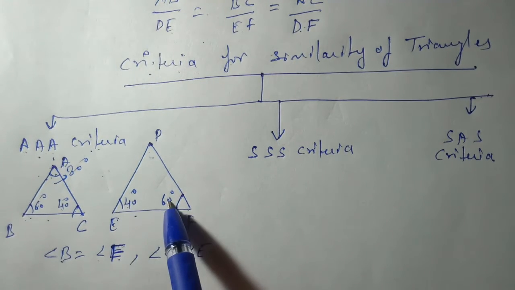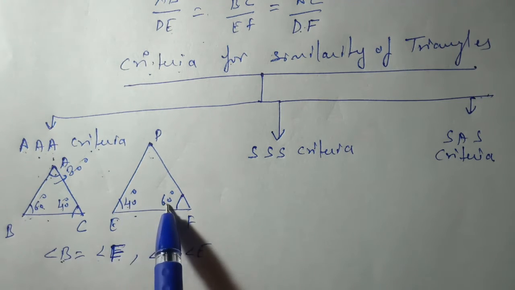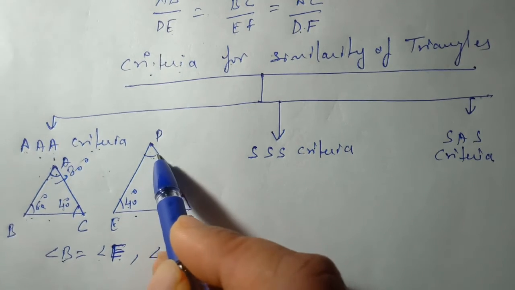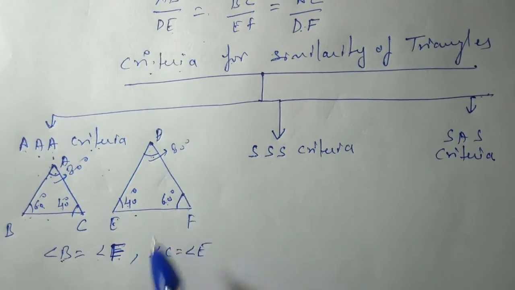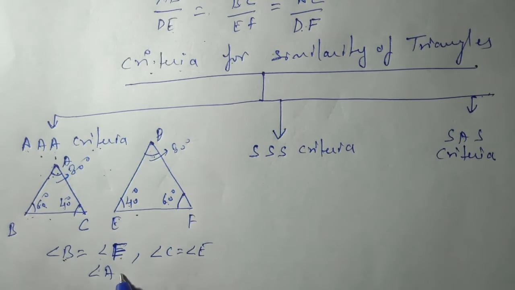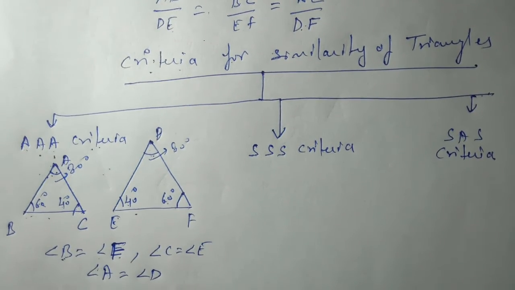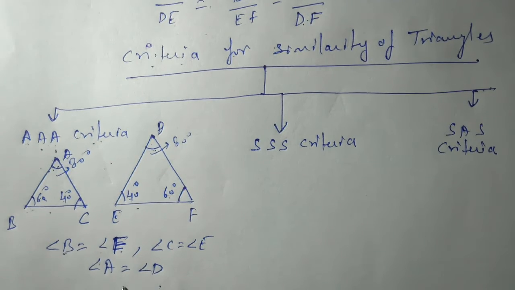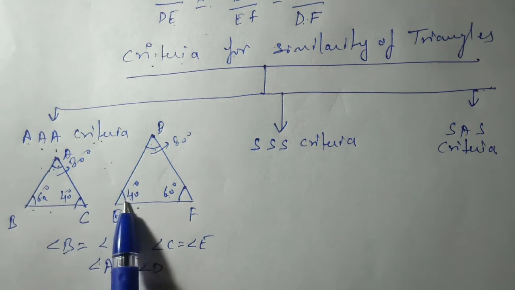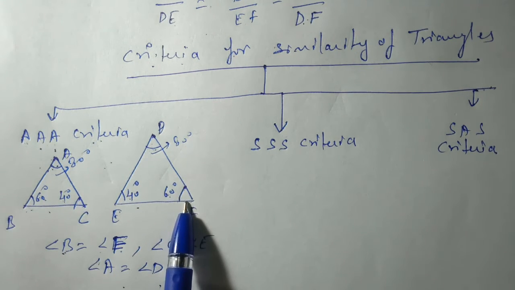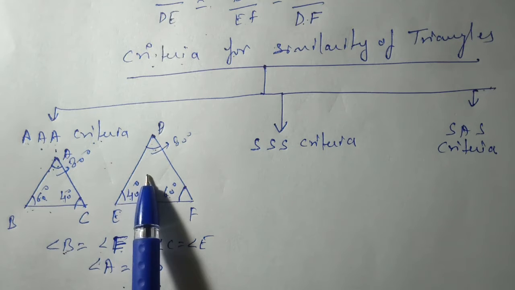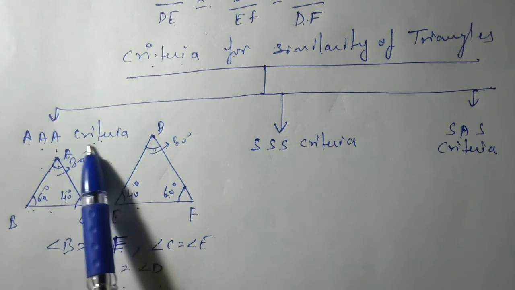So here also, because both the angles are the same as in the case of the first, 60 and 40, these two are also equal to 100, and when it is subtracted from 180 degrees, the angle D will also be equal to 80 degrees. It means according to the angle sum property, the third angles are also equal. So angle A is equal to angle D. So if we observe in two triangles that any two angles are equal, then the third will also be equal. Then we will say that the two triangles are similar. By which criteria? Angle, angle criteria.